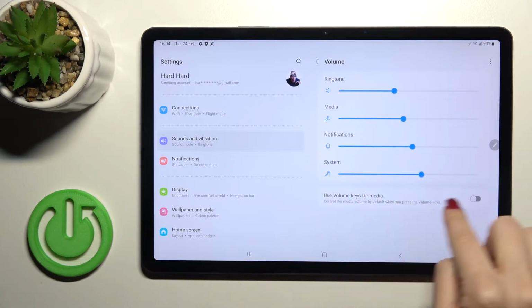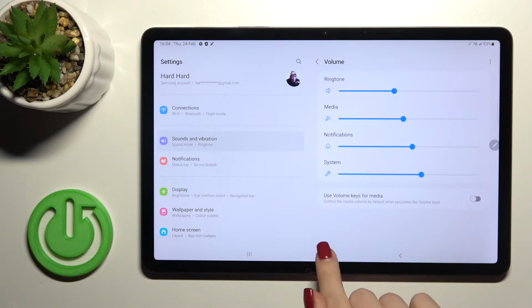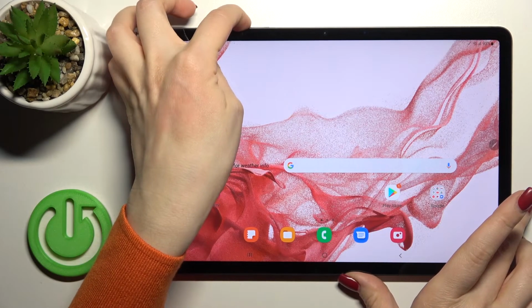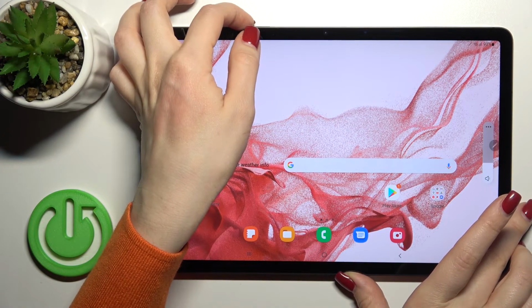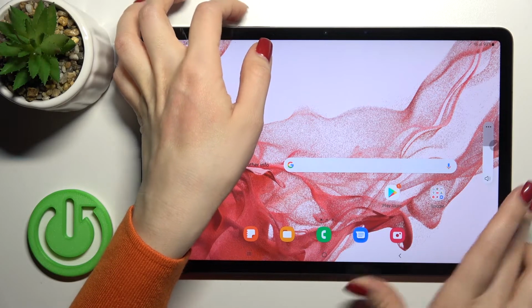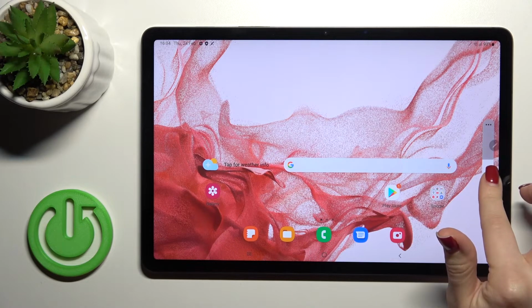First be sure that here on "Use volume keys for media" this switch is turned off, and then just press your up or down volume button, and this way you can also change the ringtone volume of your device. And also you can do it this way, just press your up and down volume